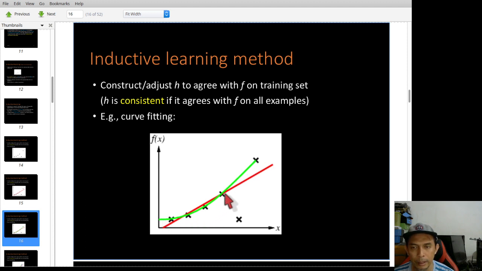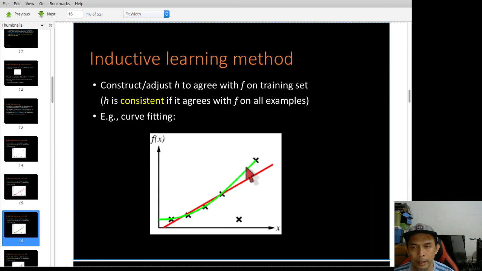This is a much better solution compared to the straight line, with the assumption that this data is an outlier. So if you assume that this data is an outlier or noise, then this green line is a very good approximate function for this type of data point.